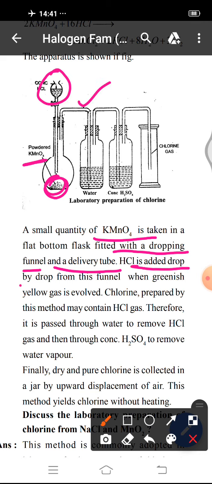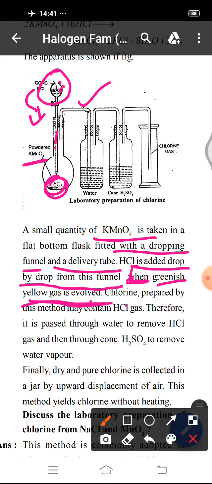HCl is added drop by drop from this funnel. Then a greenish yellow gas is evolved. When KMnO4 reacts with this concentrated HCl, then greenish yellow gas is evolved, and this is the color of chlorine